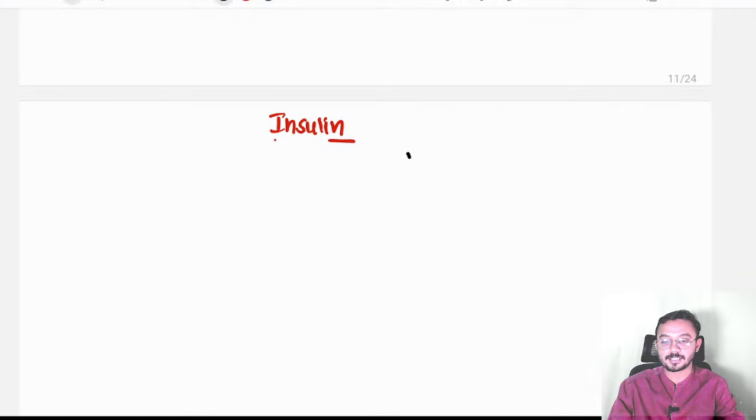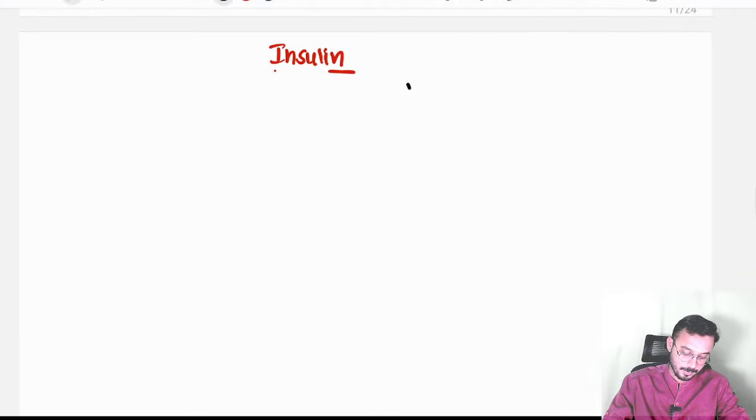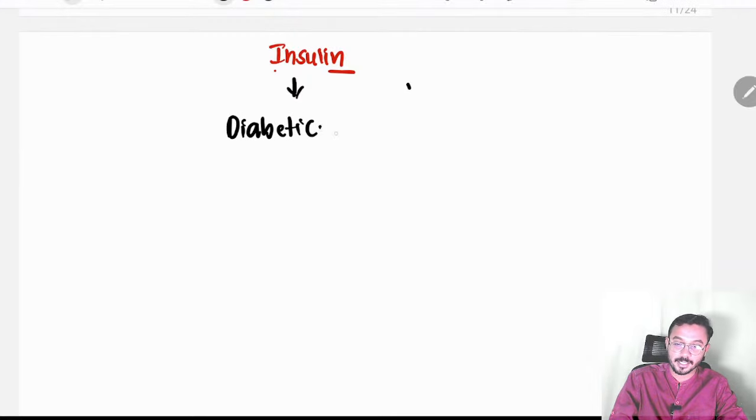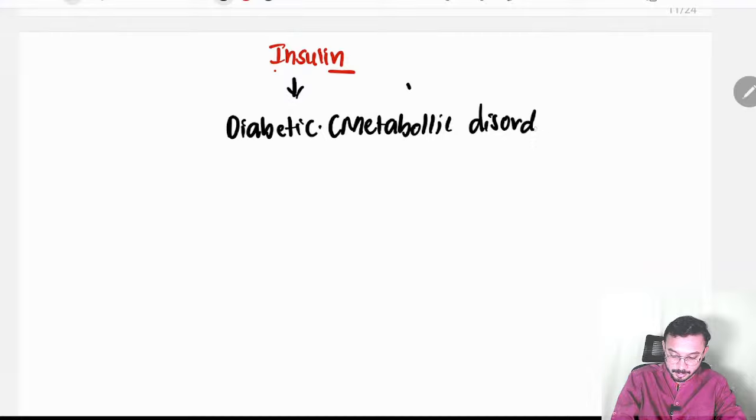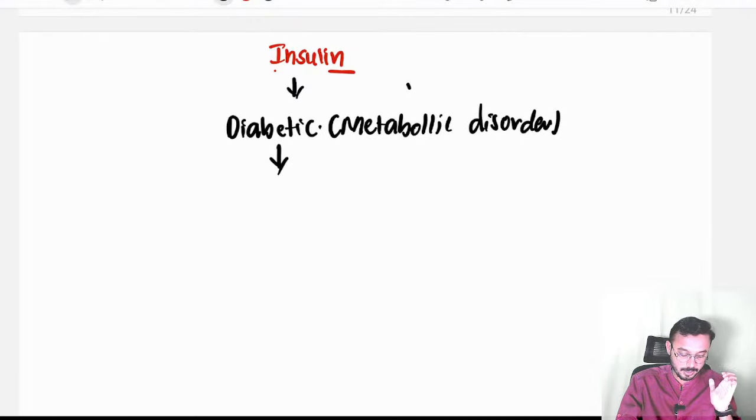If you want to know the mechanism of insulin, you should know that insulin, as we all know, is given in diabetic patients. We know diabetes is what kind of disorder? It is a metabolic disorder. So I will teach you what we mean by this metabolic disorder. Listen carefully. What actually happens in diabetes is there is an imbalance. In you and me, if you are non-diabetic, there is a balance between catabolism and anabolism, but in a diabetic patient this balance is lost. So this coordination is lost.